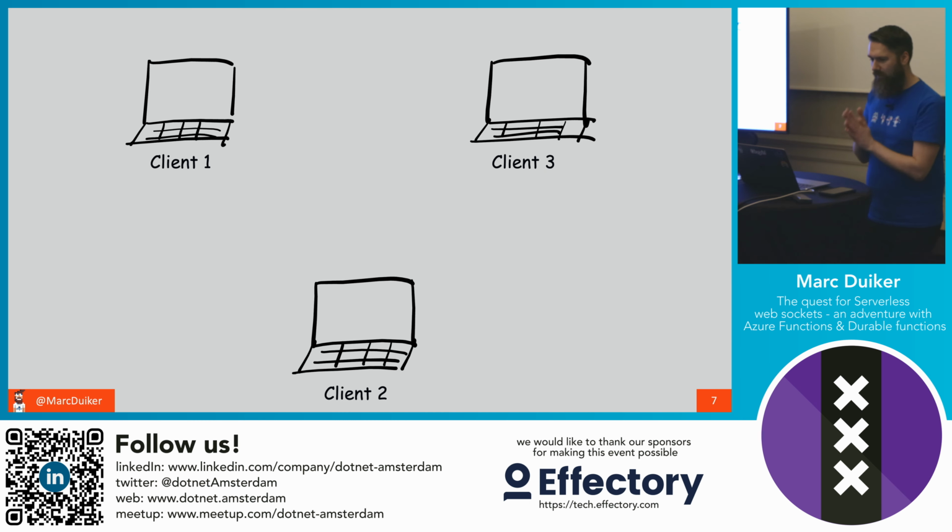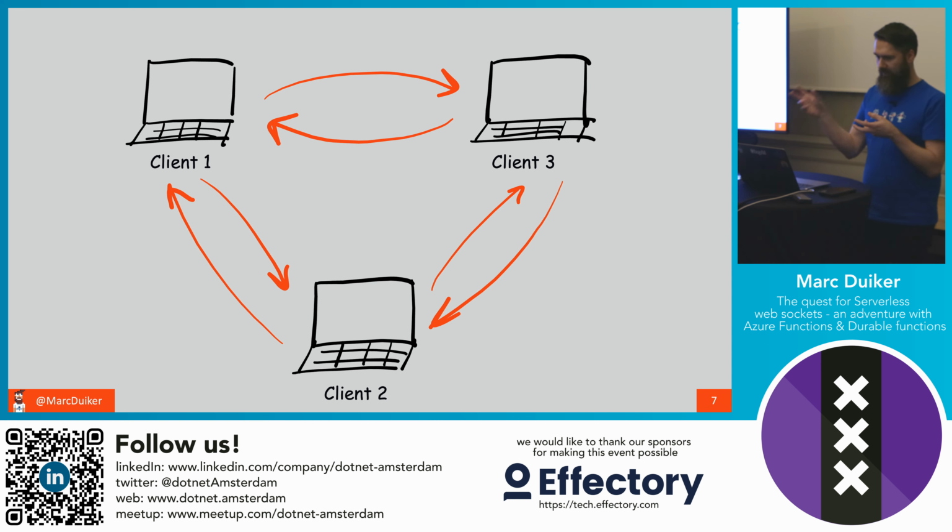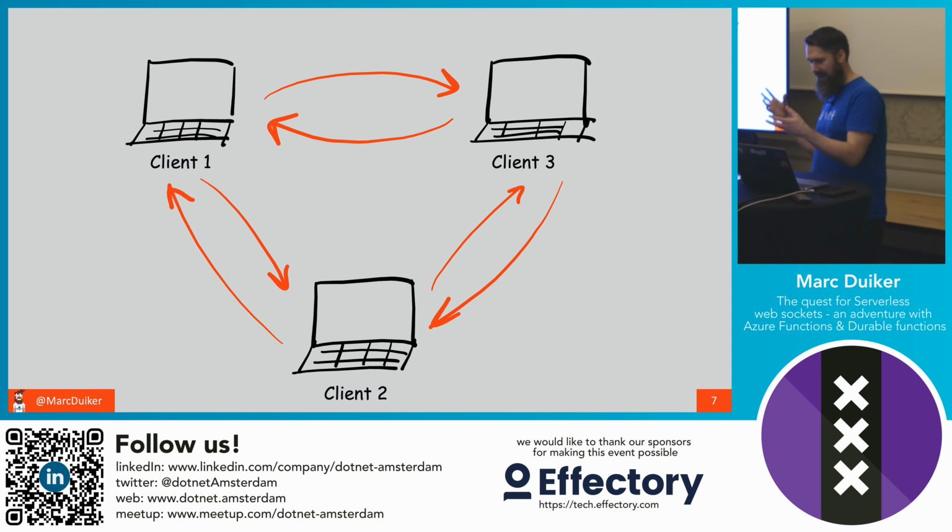So it's similar to what Edward has shown you. If you have multiple clients and they need to share some state, there are basically two options. Either you can do peer-to-peer things, but that means every client needs to have a lot of business logic, right? Especially if it's about a game, then all the clients need to have this game logic and need to send their data to all of the other clients. In this case, it's just 3 clients, but if it's 100 clients, that means a lot of communication across all of the clients, so that's probably not the most efficient.